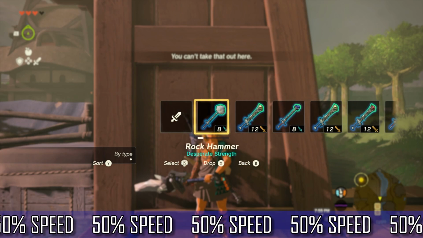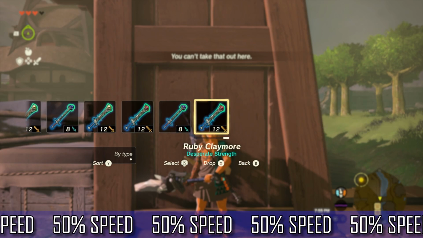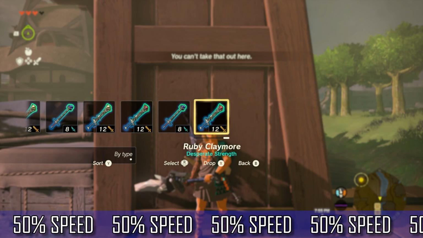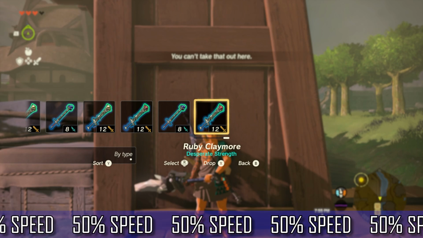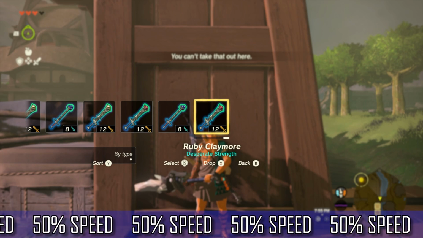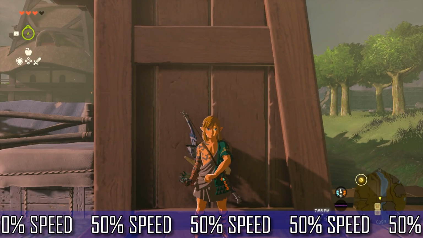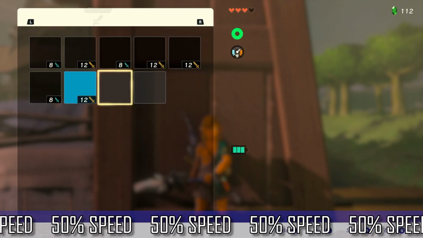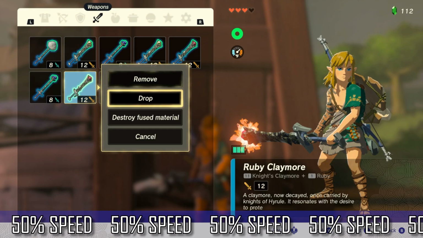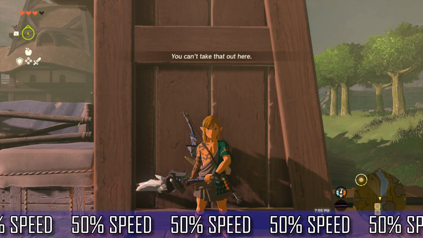The timing is different to the step before, but once you get used to the slight delay, it's pretty lenient. Select any other weapon in the menu, let go of right on the D-pad, and your map should open up. From the screen, press plus to open the inventory menu and drop the weapon. You should get a "can't take this weapon out here" error message, and now a weapon should be permanently attached